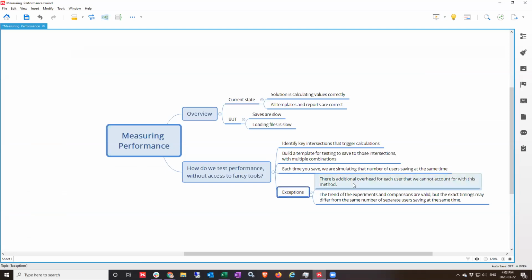And just to recap the exception, there's also additional overhead for each user that we cannot account for with this method. The trend of the experiments and comparisons is valid, but the exact timings may differ from the same number of separate users saving at the same time. And this is where the fancy simulation tools can help. They can actually simulate an entirely different session hitting the system, logging in, running data, doing all the different pieces of it. But this is meant to be more of a workaround to say, hey, everything's working, but you want to make it faster. How do you start testing that